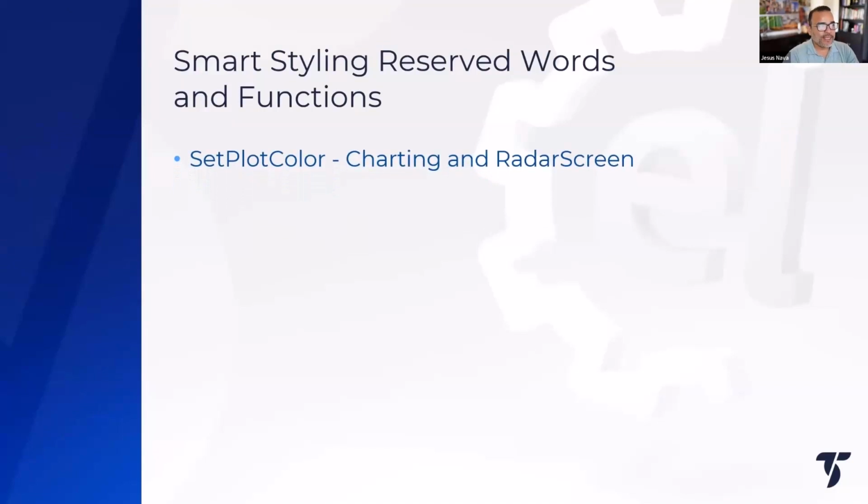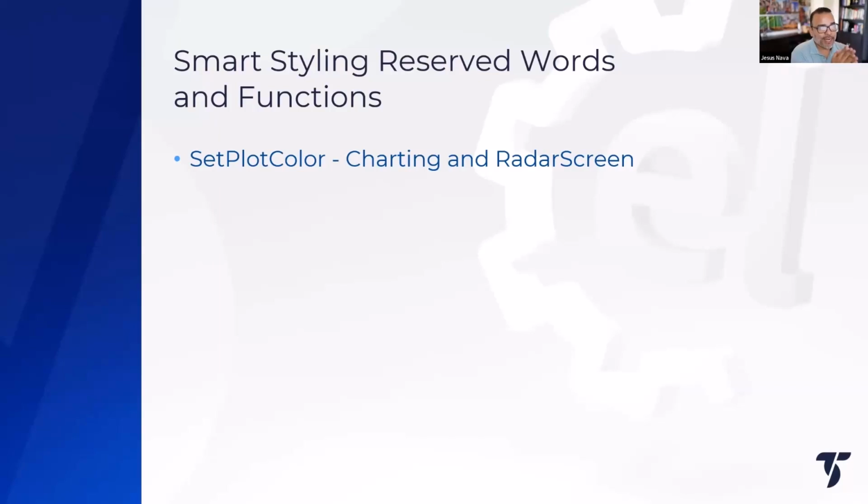The first one is SetPlotColor. As you can see, it is a word that has no spaces in between, and it's a word that you can use in charting and in RadarScreen. In fact, as we go through the different reserved words and functions, we may look at examples on the TradeStation platform on how you can modify existing studies to make them look the way you want. For now, we're going to go through all the different words, one after the other. I'll give you a brief description of what they do,